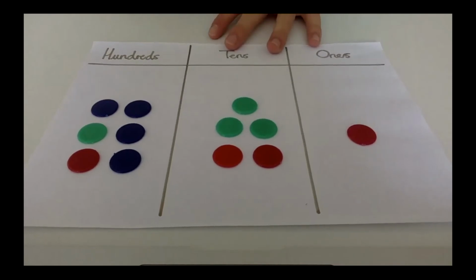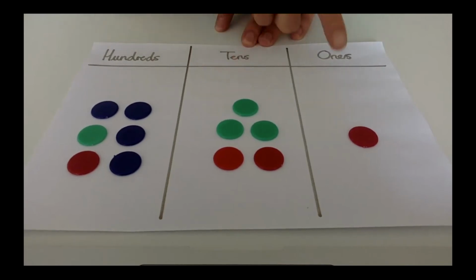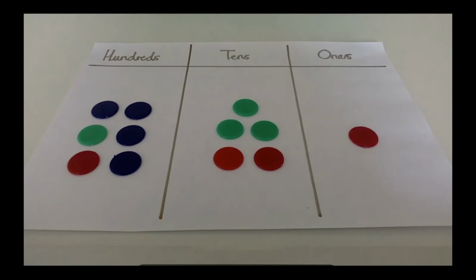Fantastic. Hopefully you've drawn something like mine, because I've got 6 hundreds, 5 tens, and 1 one. 651. Well done. And this time we're going to find 10 less than this number, 10 less than 651. So if I'm finding less, that we said earlier was taking away. So if you've drawn it, you could maybe cross one out. I'm going to take one of my counters away. If I'm finding 10 less,